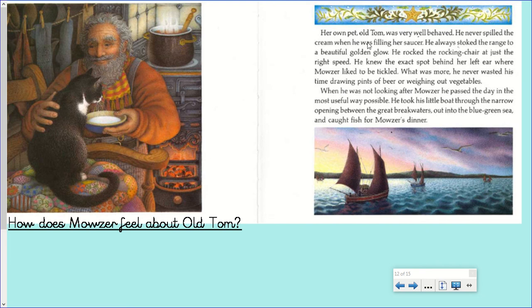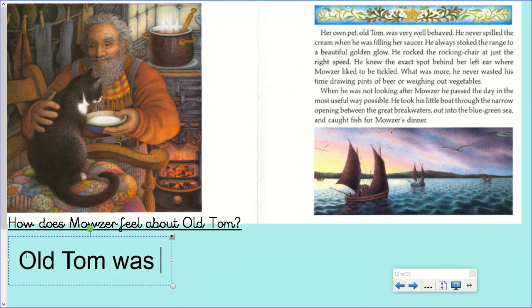Okay, so once we've found what she likes about old Tom, what's good about old Tom, we need to use evidence. So for example, I think this: he never spilled the cream when he was filling her saucer. That shows he was careful, wasn't he? He didn't waste anything. So for one of them, we could put the evidence from the text. Let's see if I can write here. Old Tom was careful